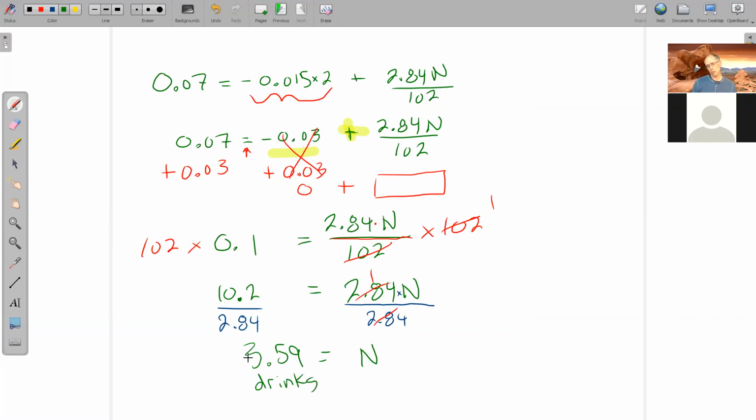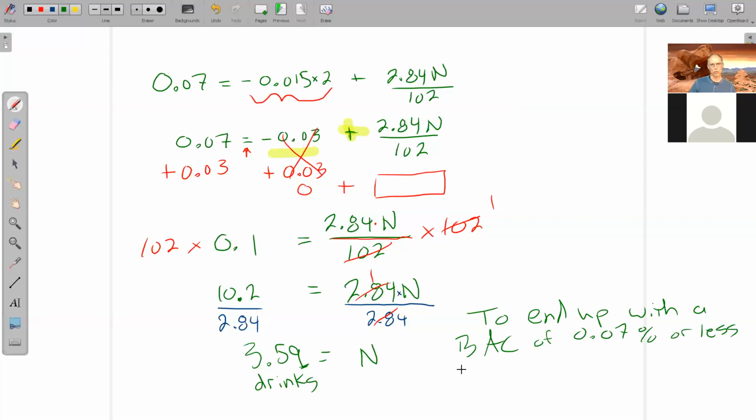So, you know, sometimes people have half a beer, half a drink, half a glass of wine. So this person could have 3 glasses and then they would be under the 0.07. If they had 4, they'd be over the 0.07. If they had about 3.5, they'd still be slightly under because 3.5 is just a little less than 3.59. So I would say you end up with a BAC of 0.07% or less,